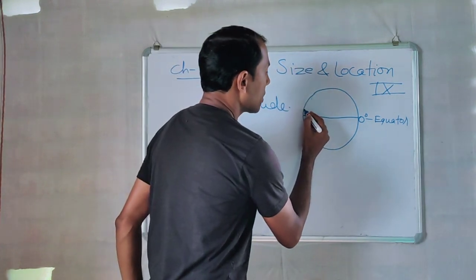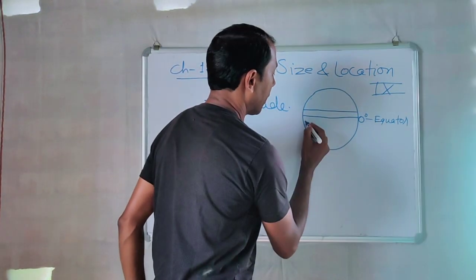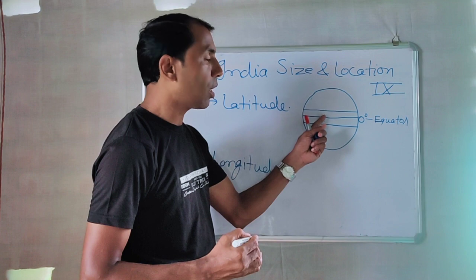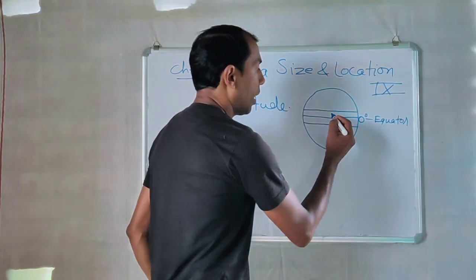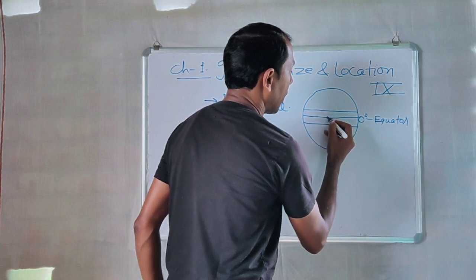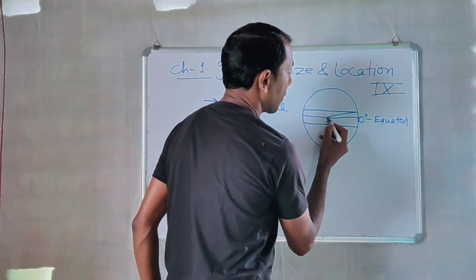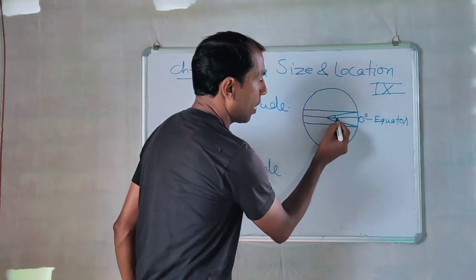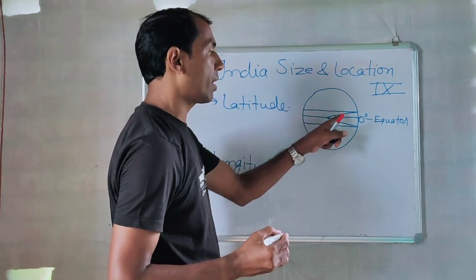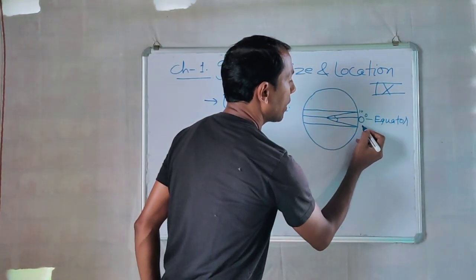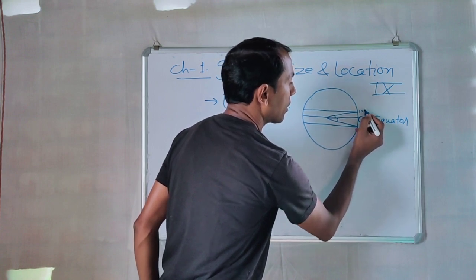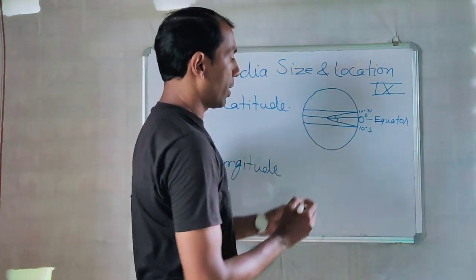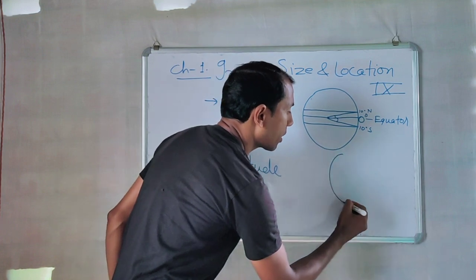See, this is a line. It is parallel to the equator, and it makes angular distance from the equator on the earth. Angular distance, what distance? This is an angle. All these are making angles. Suppose this is 10 degree, 10 degree, 10 degree. It is called north, it is called south, because from the equator, see in another diagram,